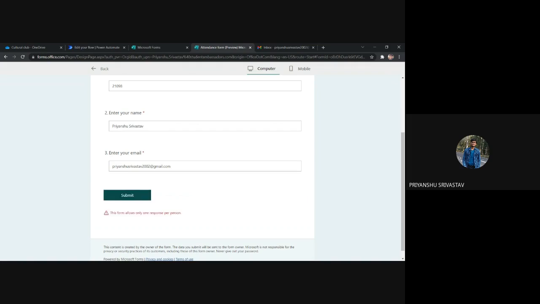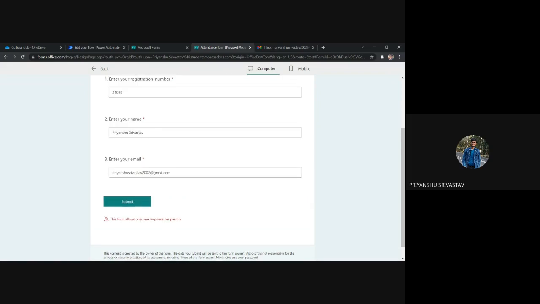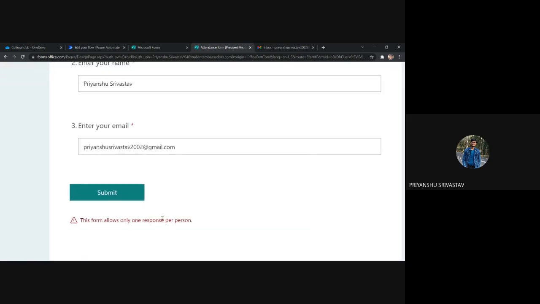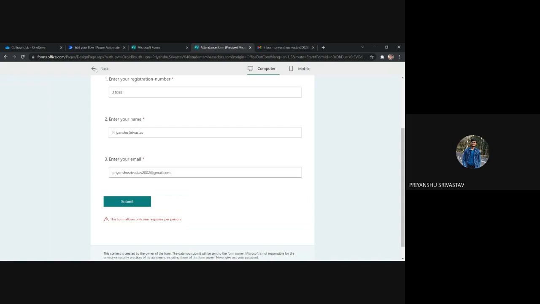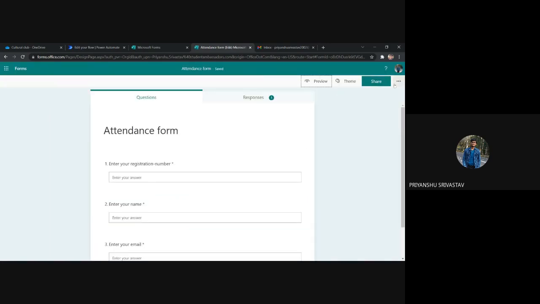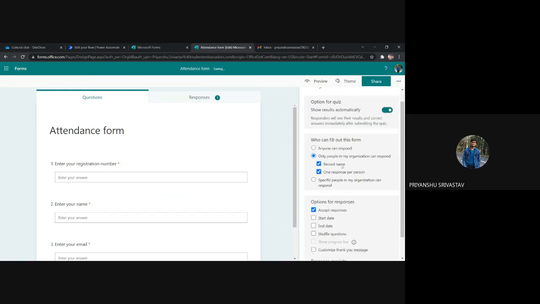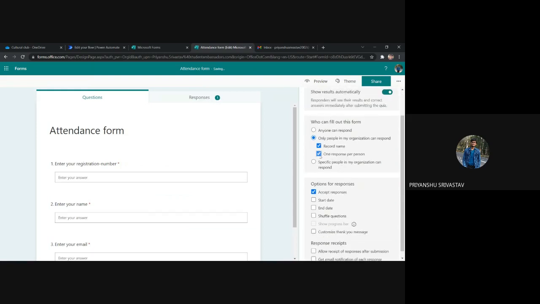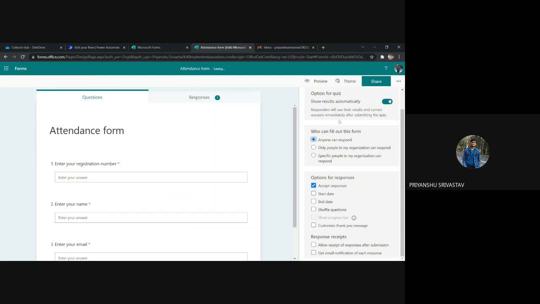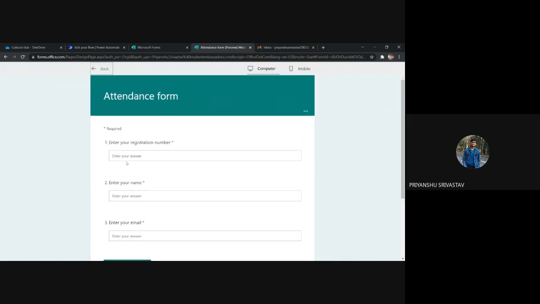This form allows only one response per parent. Let me just edit this form settings. Okay, now it should work.